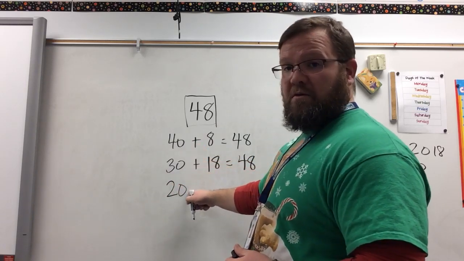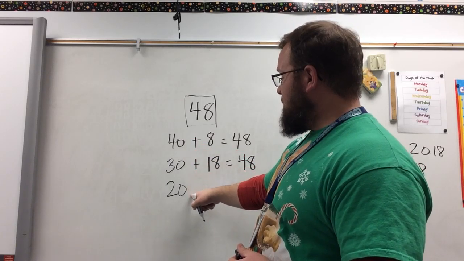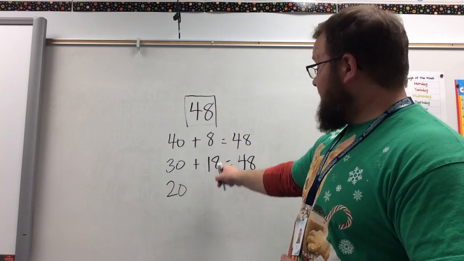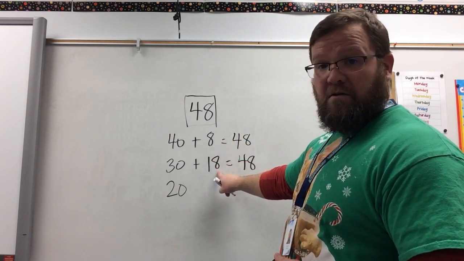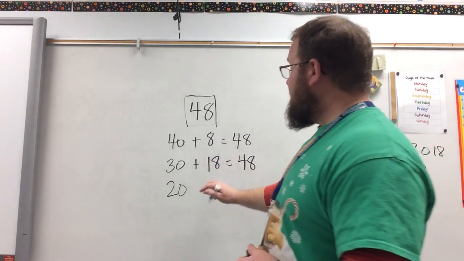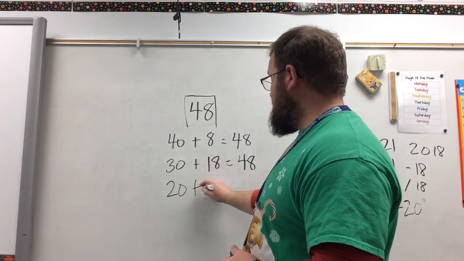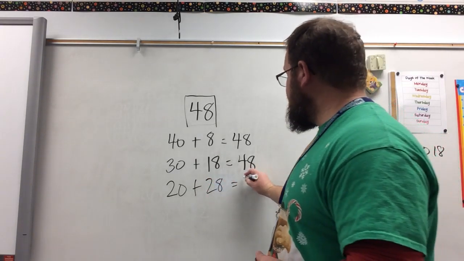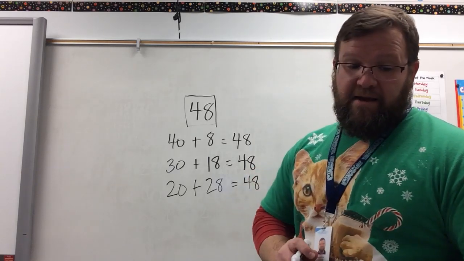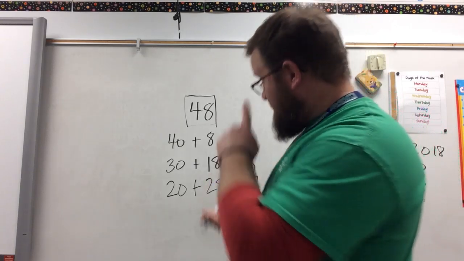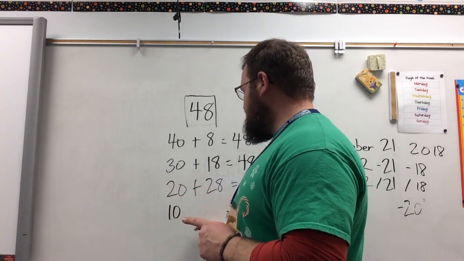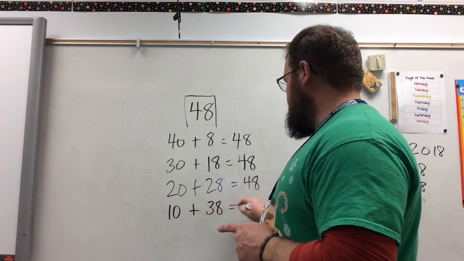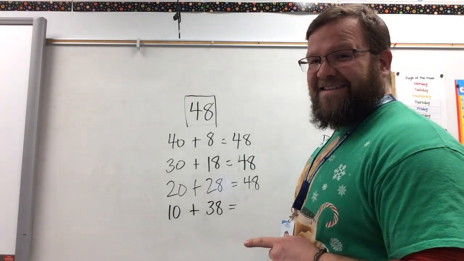Notice we're getting smaller every time. This side's getting smaller, but I still have even 10s. This side is getting bigger by 10s, but I still have my leftovers. See, I still have my leftover 8 right there. And so when I take my borrowed 10 here, that's right, still makes 48. Yep. We're going to do it 2 more times. Okay, so I'm going to borrow my 10. I'm going to add it back to this side. And I'm going to end up with, that's right,